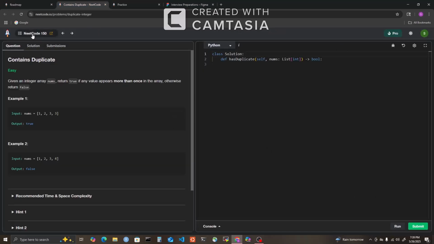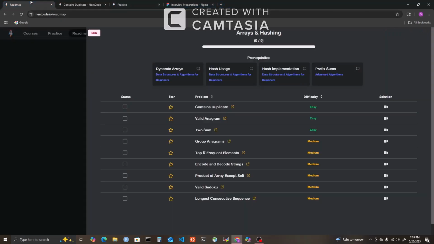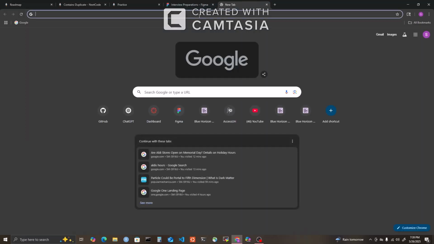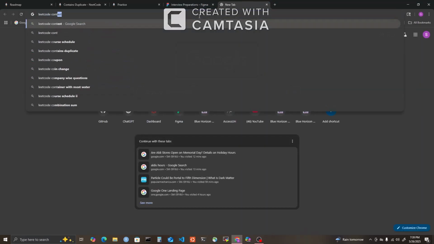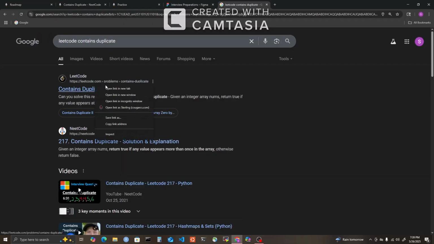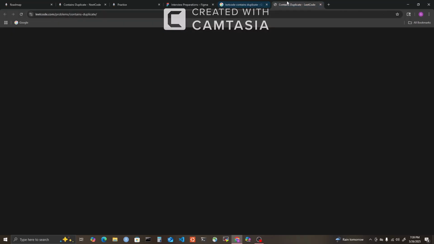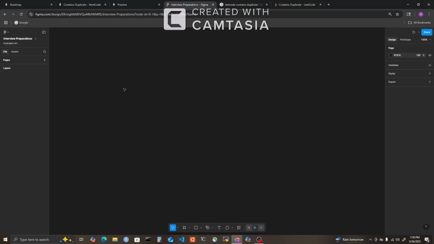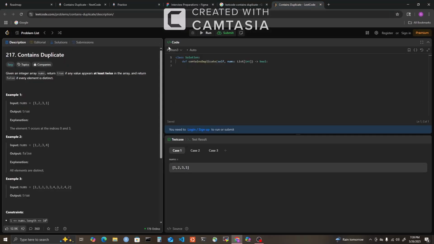So, can I go to the actual LeetCode page? I want to solve this on LeetCode. LeetCode Contains Duplicate. And then I also want to use this page as well to draw all my solutions. Okay. So